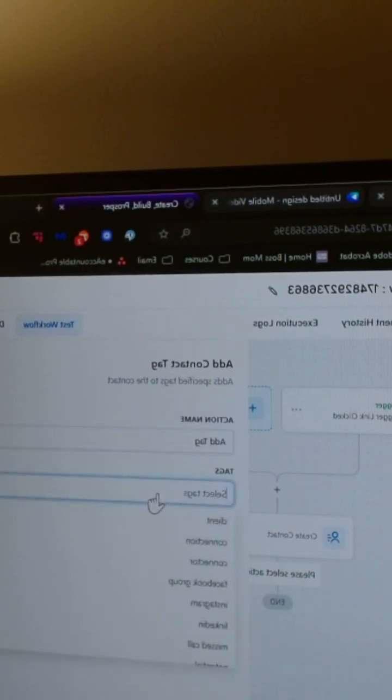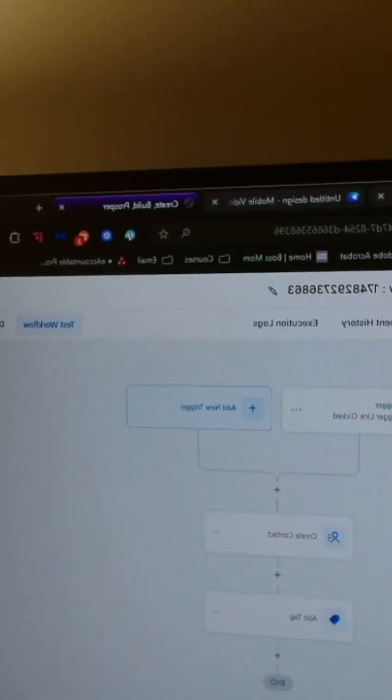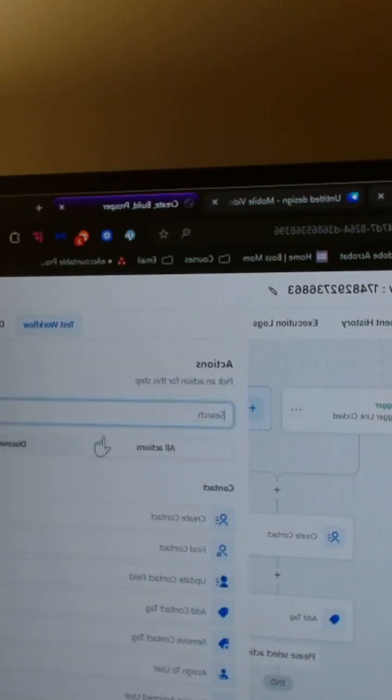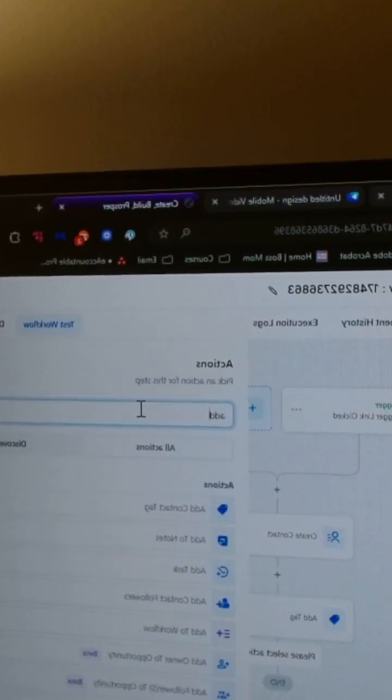And then you're going to select the tag. So if this is coming in through LinkedIn, you're going to add your LinkedIn tag. If it's coming in through a Facebook group, you can add the Facebook group tag. But then you're going to add the tag, and then we're going to add